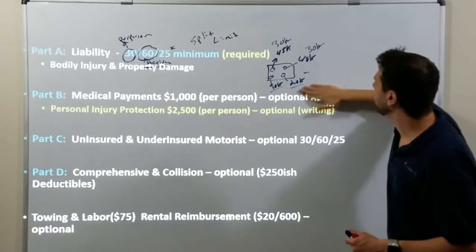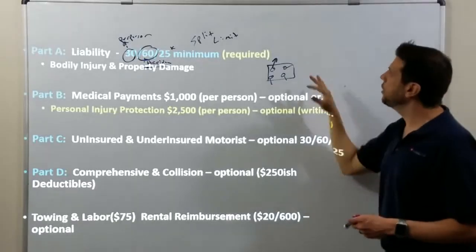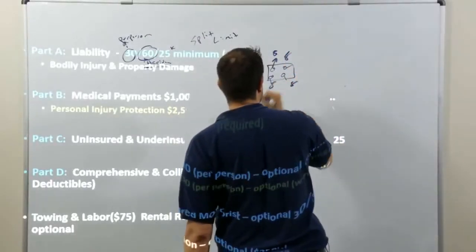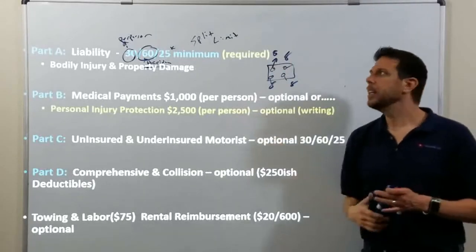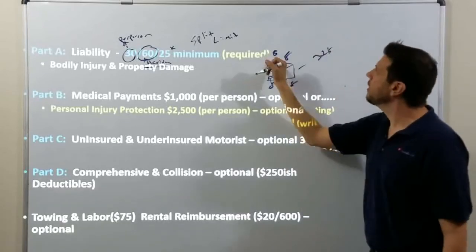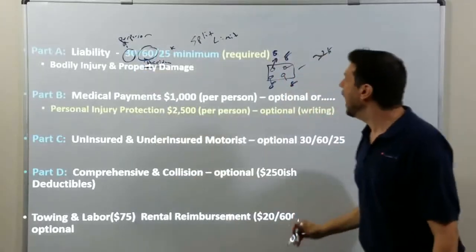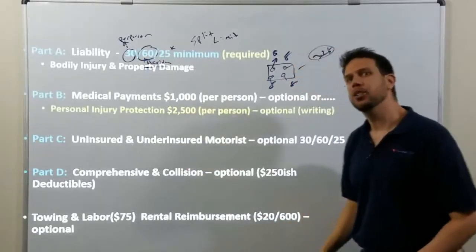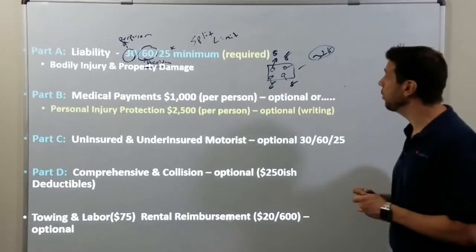Let's try another scenario with these 4 people. This is a test scenario. Let's say you hit this car and you injure each person for $8,000. How much would your liability pay out? And the answer is $32,000. Because $8,000 is under the $30,000 per person, and the total amount is under the per accident. So each guy can get his $8,000, and that's under the 60 total.